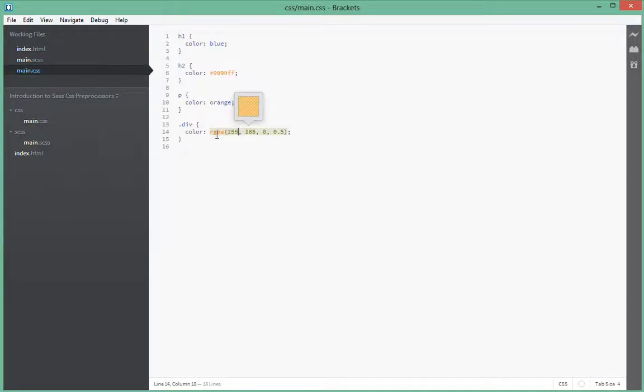And if you look at the output, it gives you regular CSS in RGB format, and actually passes in the opacity as well. So that's it for this tutorial video, and I hope it was useful,